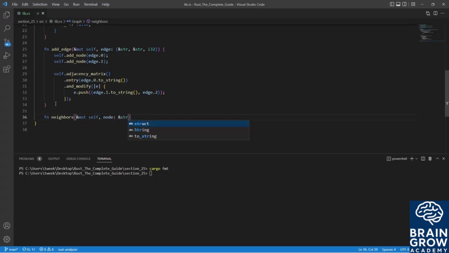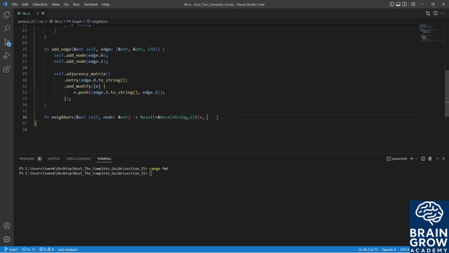And our neighbors is going to return a result because we want to see if there's any neighbors, because there might not be, and we want to have a vector, and our vector is what contains all the neighbors to our node, because remember, we're pushing in when we add in a new edge, which therefore means that we're going to have a new neighbor. So we can just return the vector, and